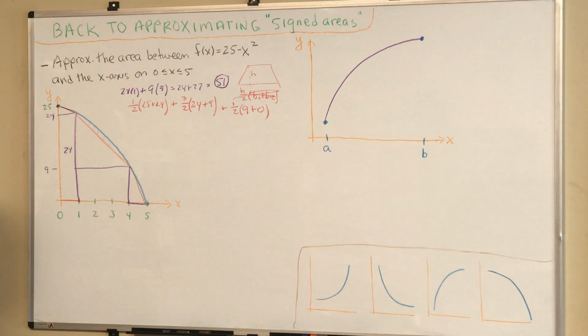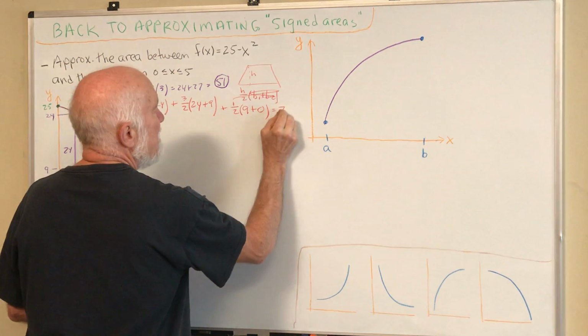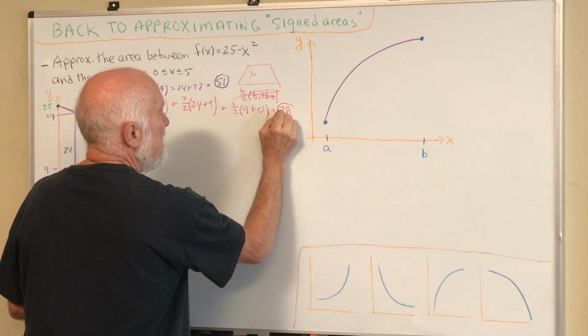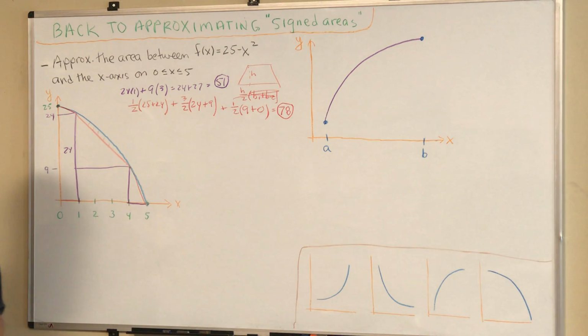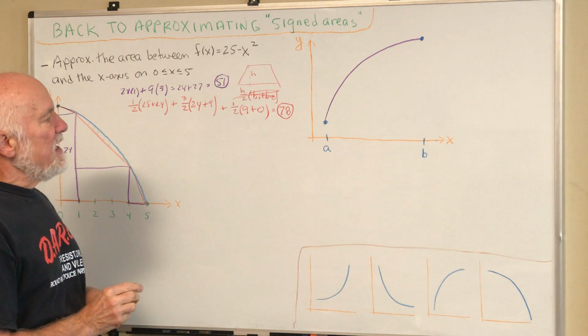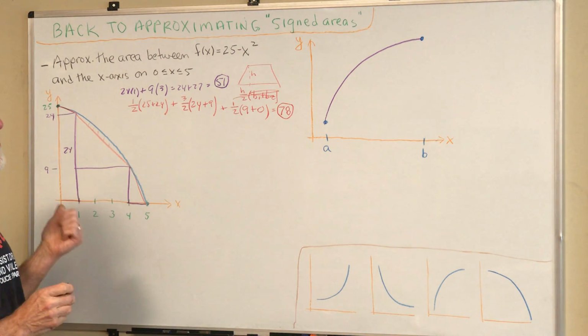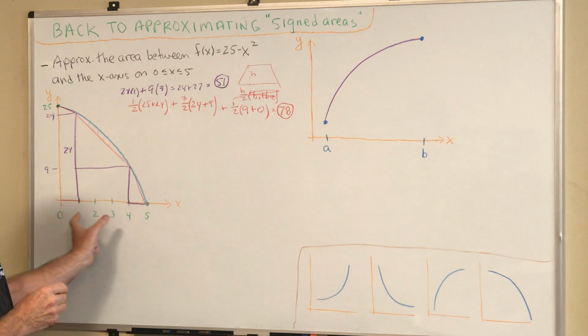So altogether, you add them all up, and it comes out to be 78. I think that's a lot better approximation than our 51. So maybe trapezoids are going to work out pretty nicely. Now, with more trapezoids, you get a better answer. And sometimes it's going to be easier if you divide it up evenly, unlike here where I divided it up